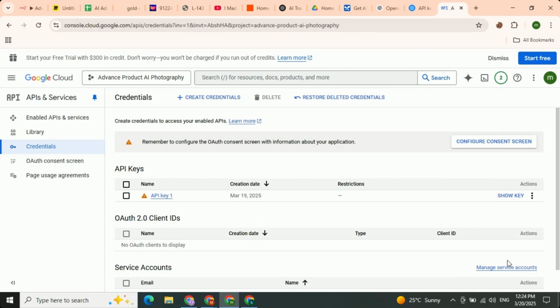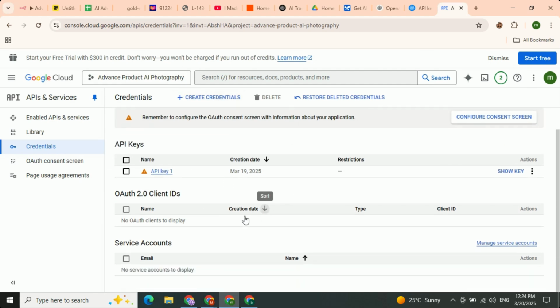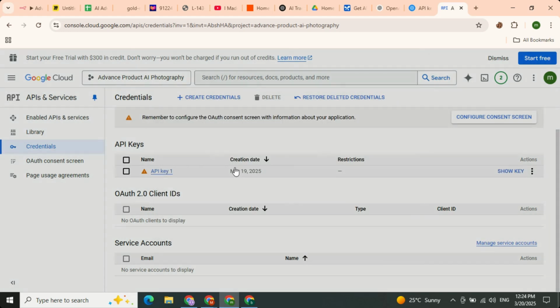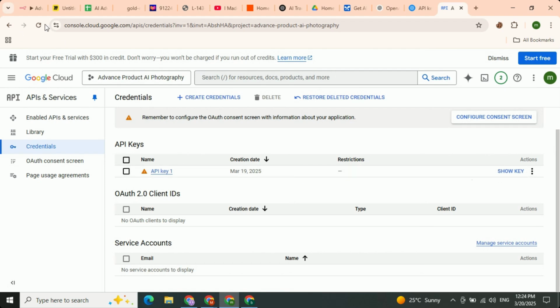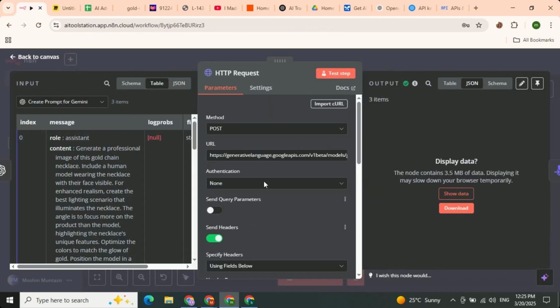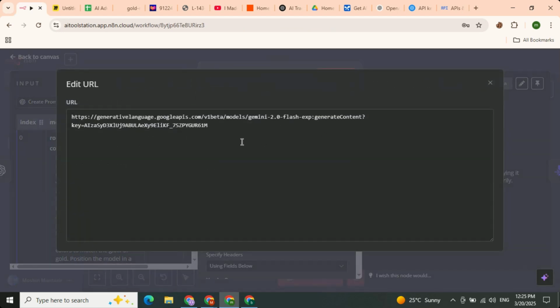Once you enable the API and submit the form, this window will appear, and you can see your API key 1 created on 19 March, yesterday. And if I want to show, this is my API key. Okay, I will delete it after this video. It's a secret thing. Copy it somewhere else so that you don't forget it. Okay, once you are done with your API key, you have to select this API key at